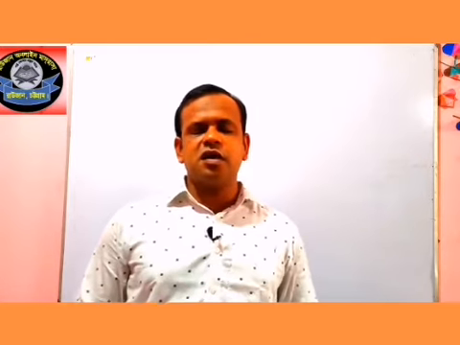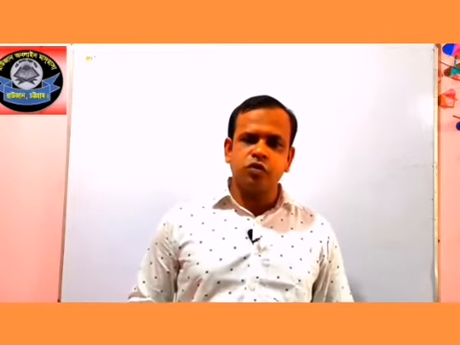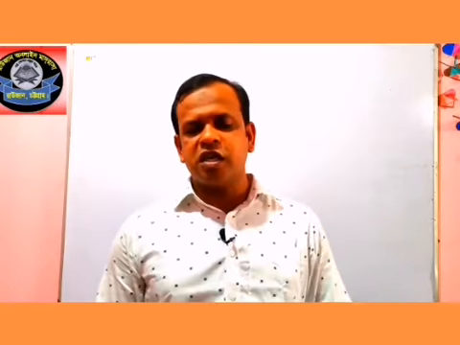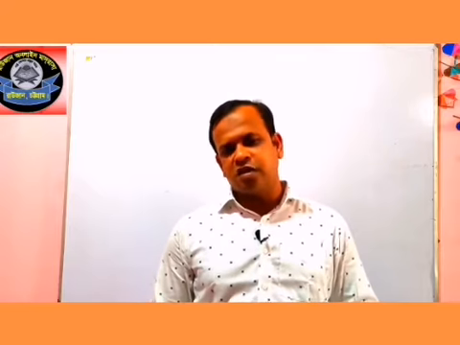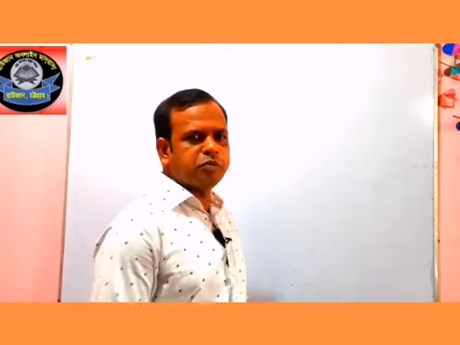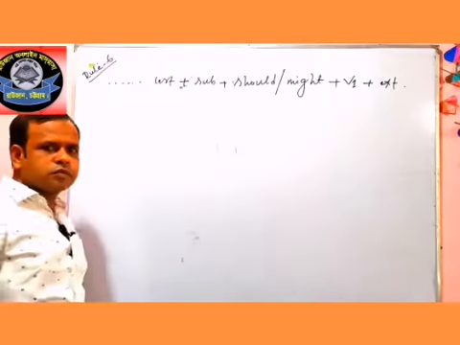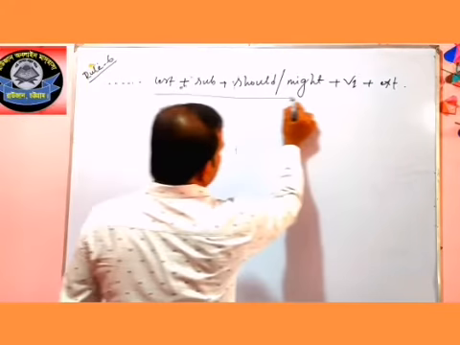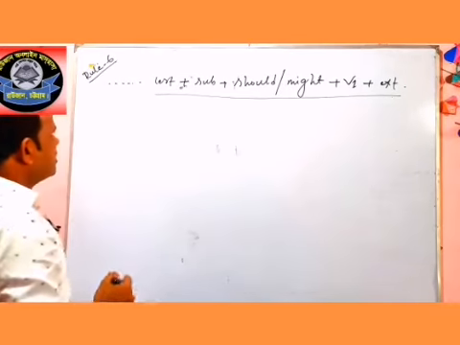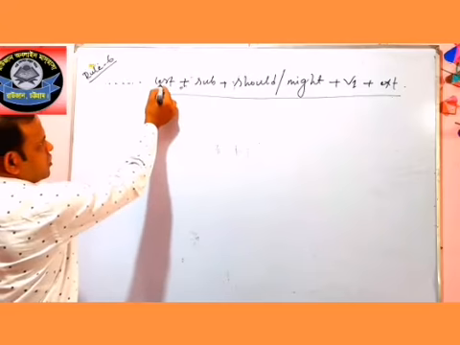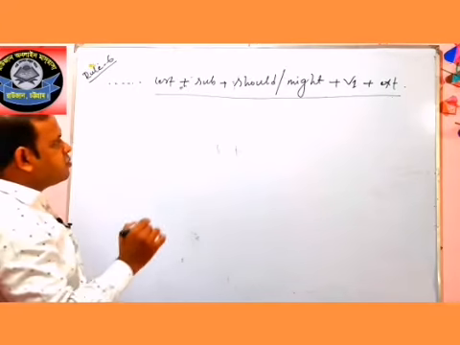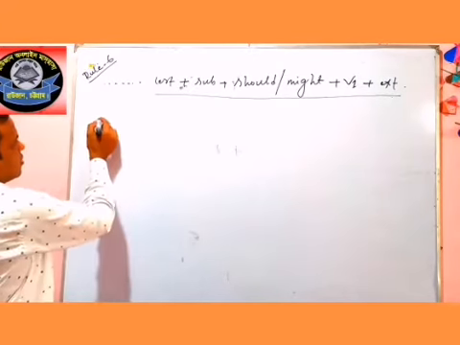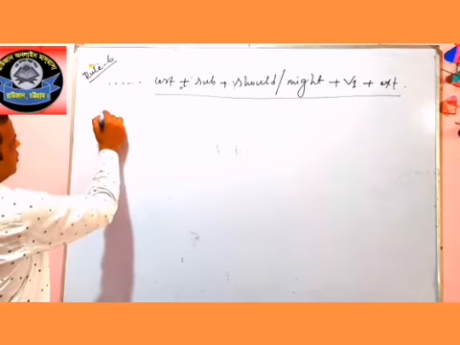In previous class, I discussed some rules on completing sentences. Today, I am also going to take another class on completing sentences. Let's start our class on completing sentences. Here I have written the structure of rule 6. If you see, lest means otherwise. Please notice the example in the sentence.